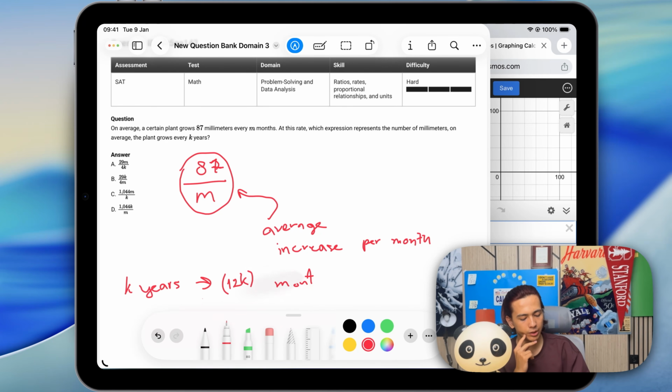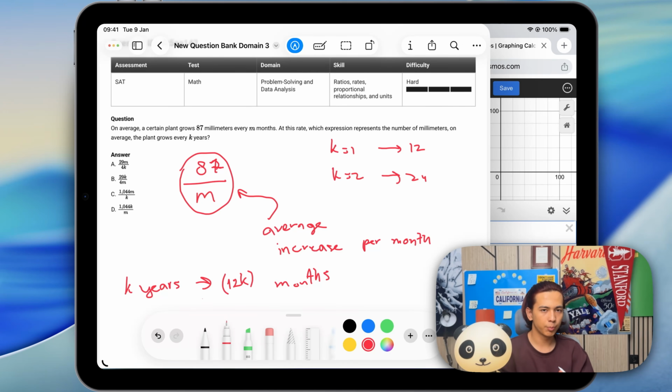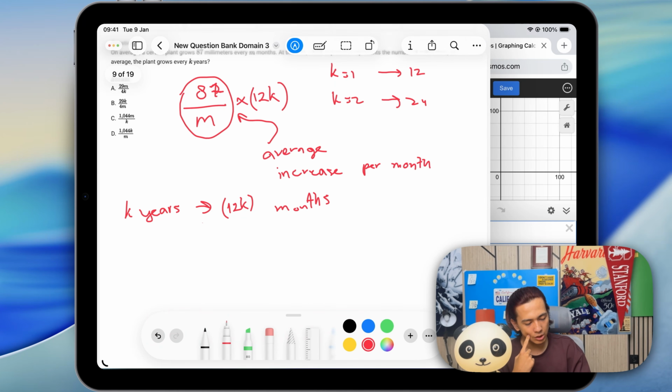You want to think about it, because for 1 year, if you assume that k is 1, then it's going to be 12 months, right? So when k is 1, you should get 12 months. When k is 2, you should get 24 months, right? How are we doing it? We're just multiplying k by 12, right? So k years is the same as saying 12 times k months, right? So in 1 month, if it's increasing by this much, in k years, or in 12 times k months, it's going to increase by this much, right? So it becomes one of the options here, D,